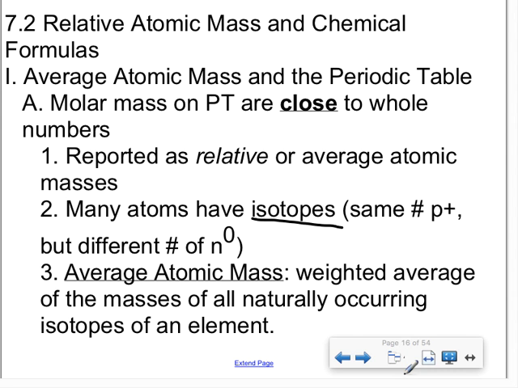Okay, this is going to be a short lesson today. Today we're just going to look at atomic mass and chemical formulas. And I think this might be the toughest part of today's lecture, looking at atomic mass. So remember, atomic mass is the pink number on the periodic table, and you'll notice that they are decimals or whole numbers. Does anyone remember how to find the atomic mass?